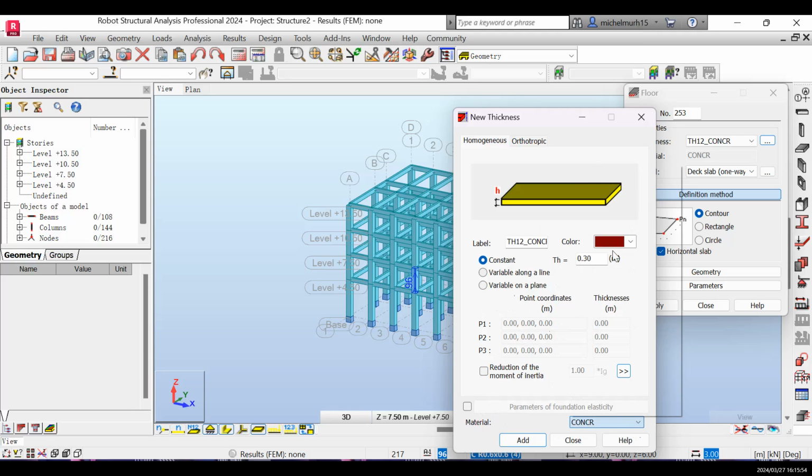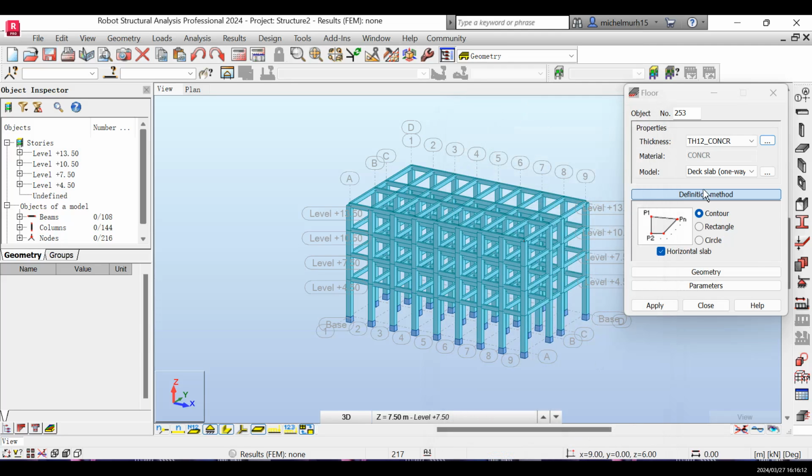But if you wanna make any modification on the material, you can just press here, and then you can change whatever you wanna change, according to your project, right? But I'm gonna start with my concrete. And you can add, and then after adding, you can just close. And for the model here, if you wanna change the model, as you can see,